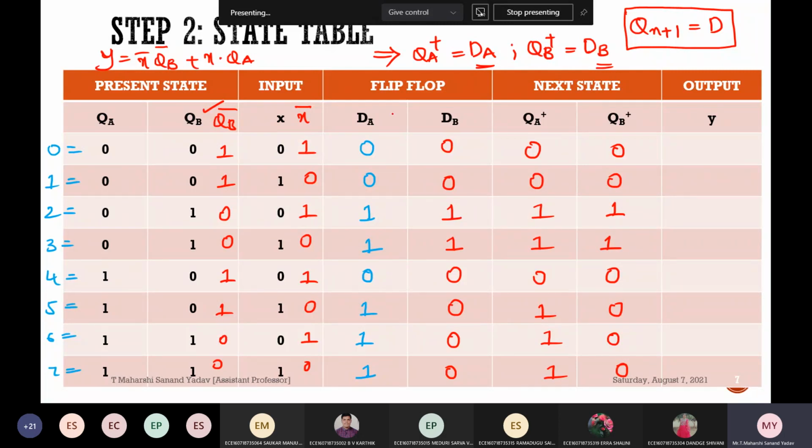Right. Tell me the answers. Please solve it. Simply you need to multiply X bar QB bar, and after that summation X into QA. Please solve this and tell me the answers for Y. First one is 1. Next, here we get 3 zeros, and after that double 1, 0, 1. Please correct me if I am wrong. Please try to solve. Correct?